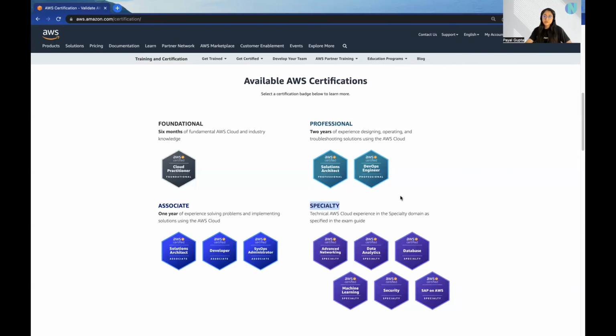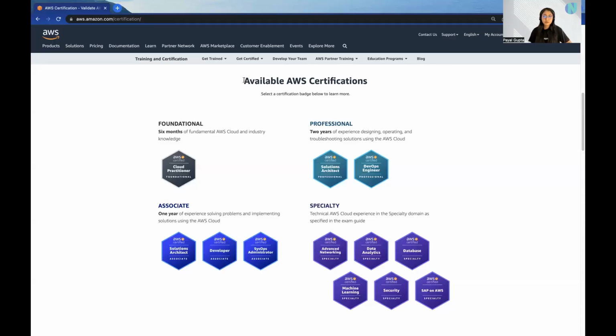Next category is the specialty. Now this category is for those individuals who have in-depth knowledge in a particular domain, let's say networking or database, then they can go for these certifications. As we can see here, we have 6 certifications in this category: advanced networking, data analytics, database, machine learning specialty, security specialty, and lastly SAP on AWS specialty. So these are the available AWS certifications, and you can choose any one of them based on your requirement, experience,